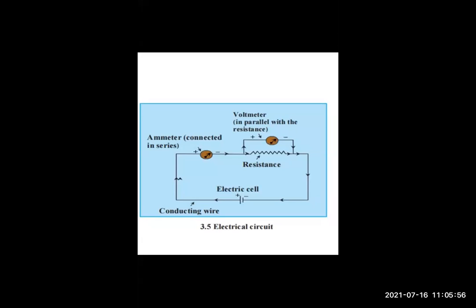So the conducting wires are connected how? To the two ends of a cell, right? And even some resistance, voltmeter, ammeter, all these are connected in the circuit. So we call this diagram an electrical circuit. The circuit is depicted by the figure shown over here. You can see one figure. In this way, you have to draw the circuit diagram. It shows how different components are to be connected in the circuit by using special symbols for each of the components. Now there are special symbols given over here. Yes, you can see the symbols.